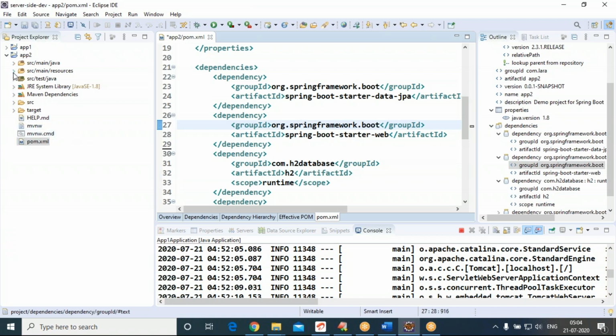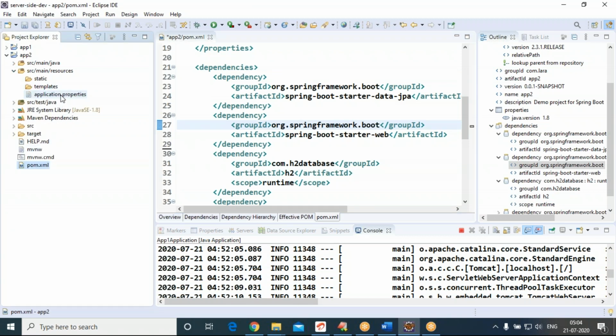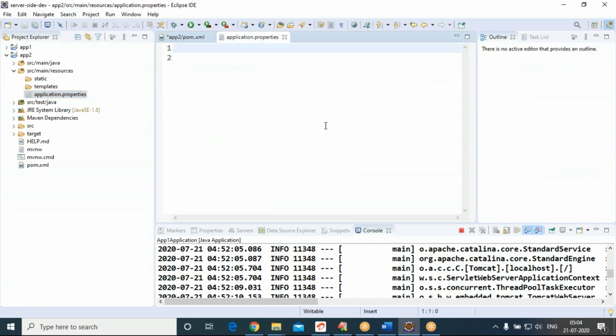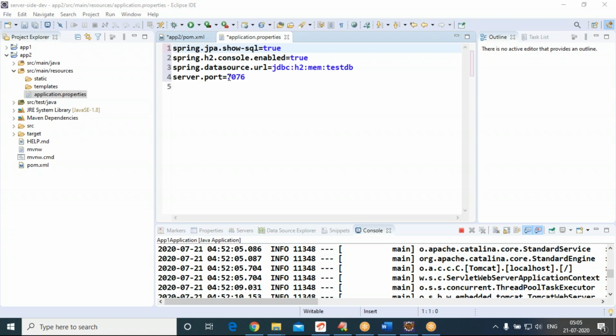Then come to the second one, application.properties. Here, not only the server, you need to configure something related to your database. You can choose any port number, that we have already seen. For the H2 database, you need to choose a data source. Choose the same data source that I have typed.